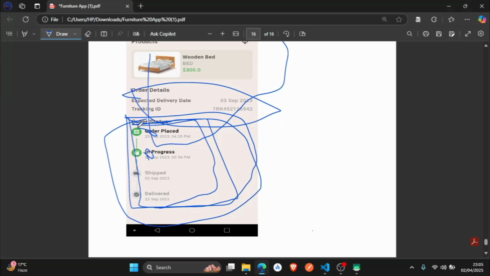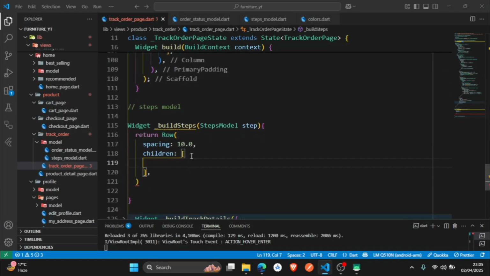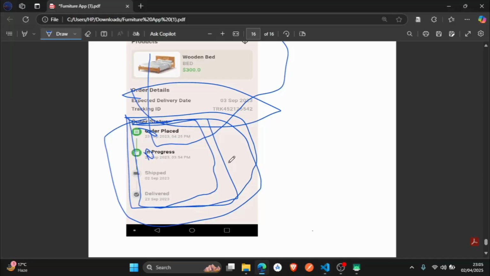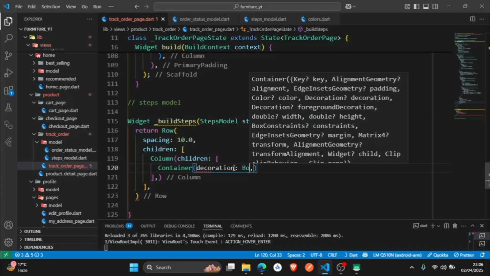Ranking order like these icons, and later on we'll create this UI for this order place, with the title and this date. So that is in row form, and this will be placed in the above column widget. So what we can write here is Column, and let here be children. After this, we have to create this container and this vertical line also. So in the children, let us have a Container, and in the BoxDecoration,